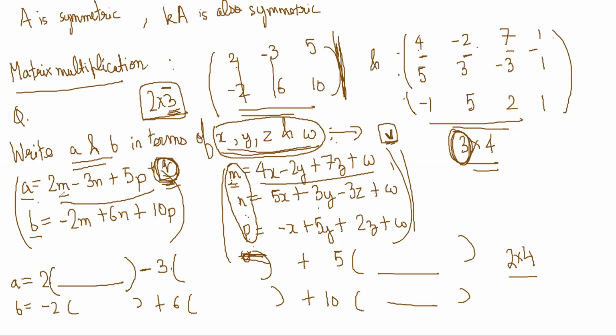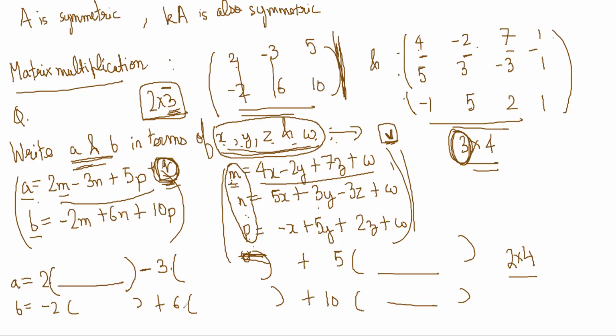So then you cannot express it, and therefore you will not be able to write A and B in terms of X, Y, Z, and W, just these. So what we want to understand is what do we do when we do this calculation? What are we actually doing? You are sort of taking a dot product. You are taking a dot product of what things?